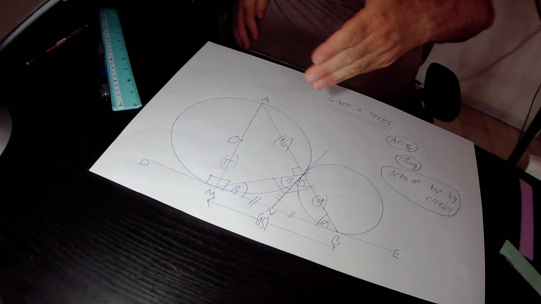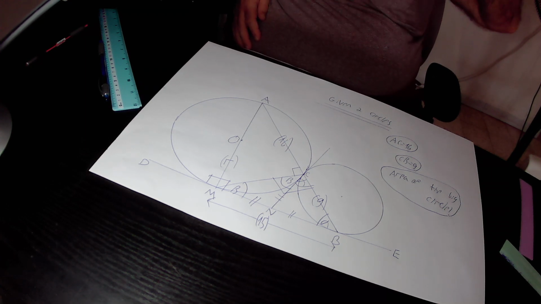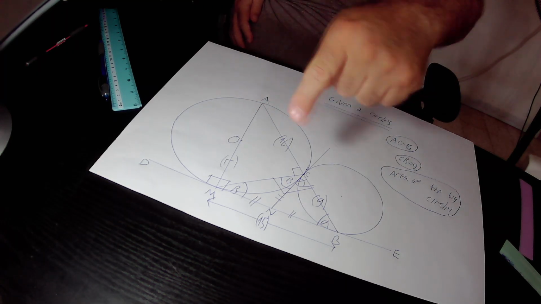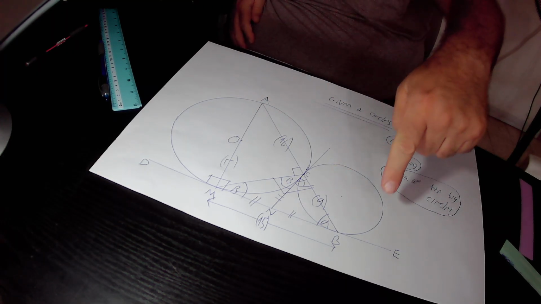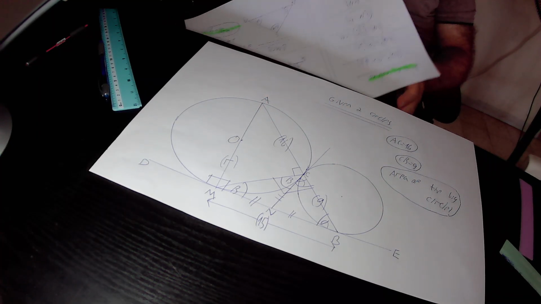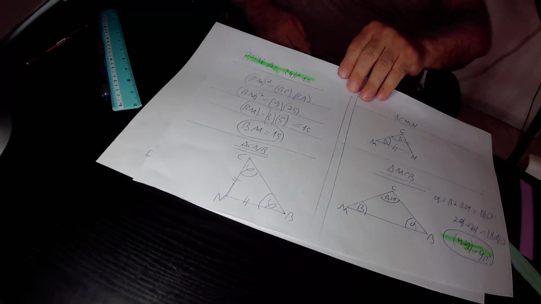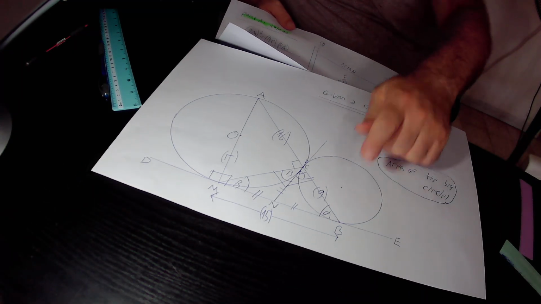So all the requirements of rule 10 are satisfied, and therefore we can implement rule 10 here. According to rule 10, the following equation is true: BM squared equals BC times BA. Again, BM squared equals BC times BA. So, repeat again, if you focus on this common standpoint point B,